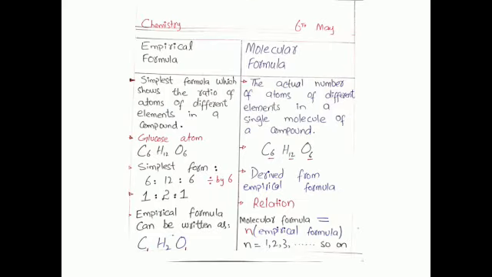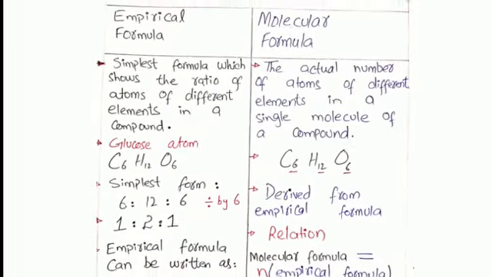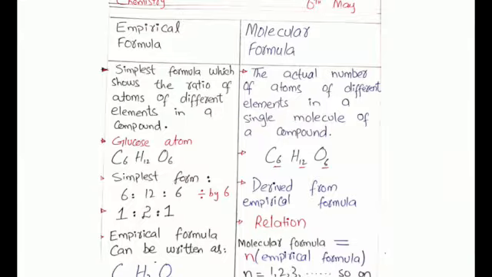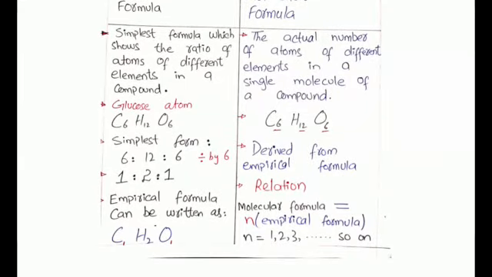given on book page number 20. Now we are going to define it. Empirical formula is actually the formula which shows the ratio of atoms present in a compound. For example, we have glucose compound. The simplest form of this glucose compound can be written as